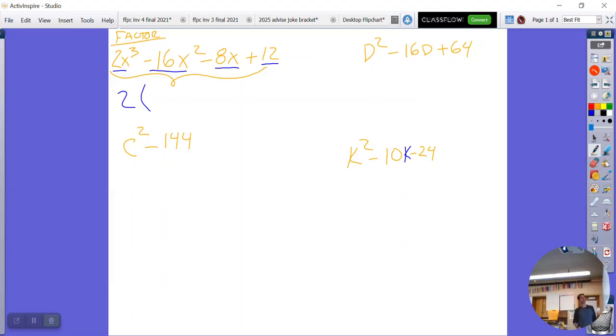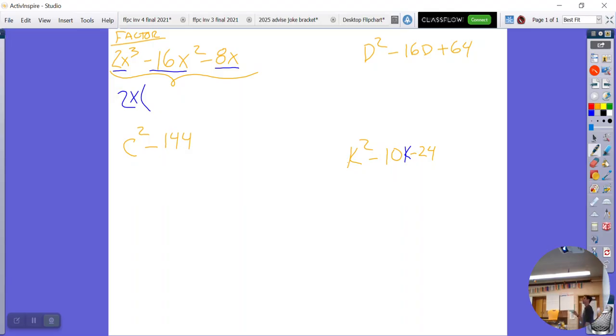And I'm looking at this and I think it's a more interesting question if I just get rid of this plus 12. So I'm going to do that. By getting rid of this plus 12, is there another term that goes into all 3 of these terms? Yes? X. So X. Wait, wasn't there a plus 12? Thank you for paying attention. I just erased it. Cool. There was, I just erased it. All right, so